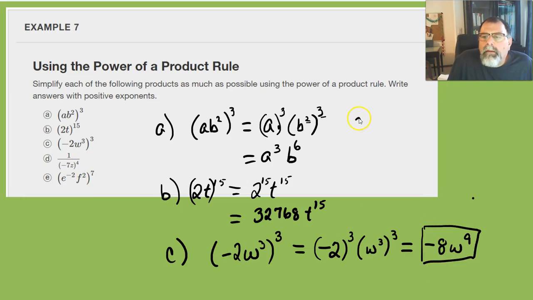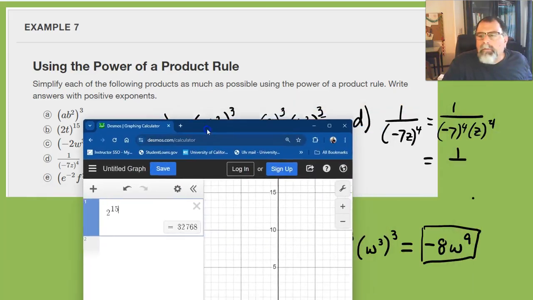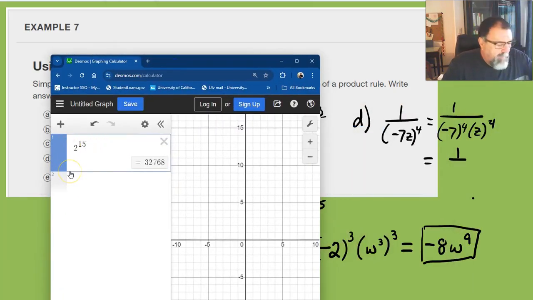D, let's see here, (-7z)⁴ on the bottom. So basically the same thing, just on the bottom of the fraction. So it's (-7)⁴, z⁴. So that's going to be 1 over 7 to the 4th, and get Desmos. Oh, this is, again, remember what I said about the parentheses. Look, if I put in negative 7 to the 4th,